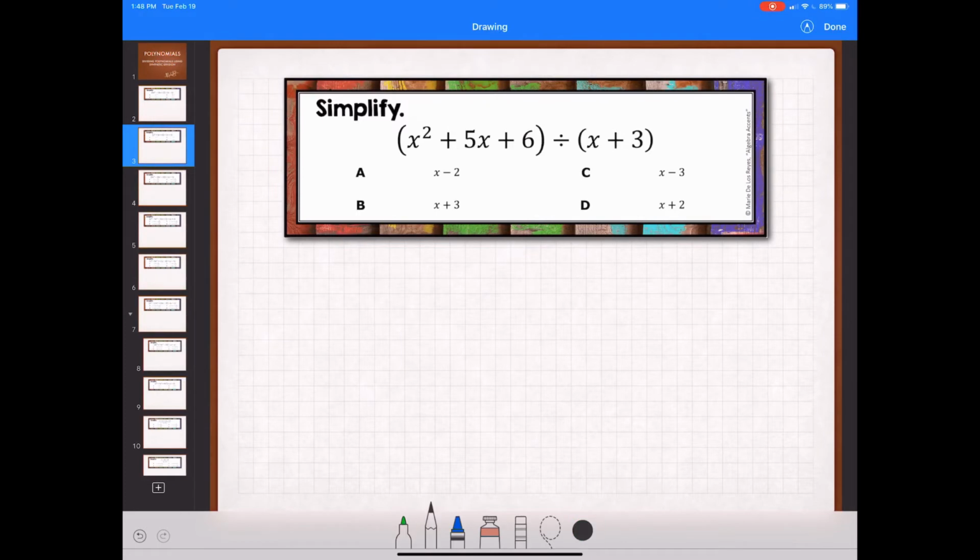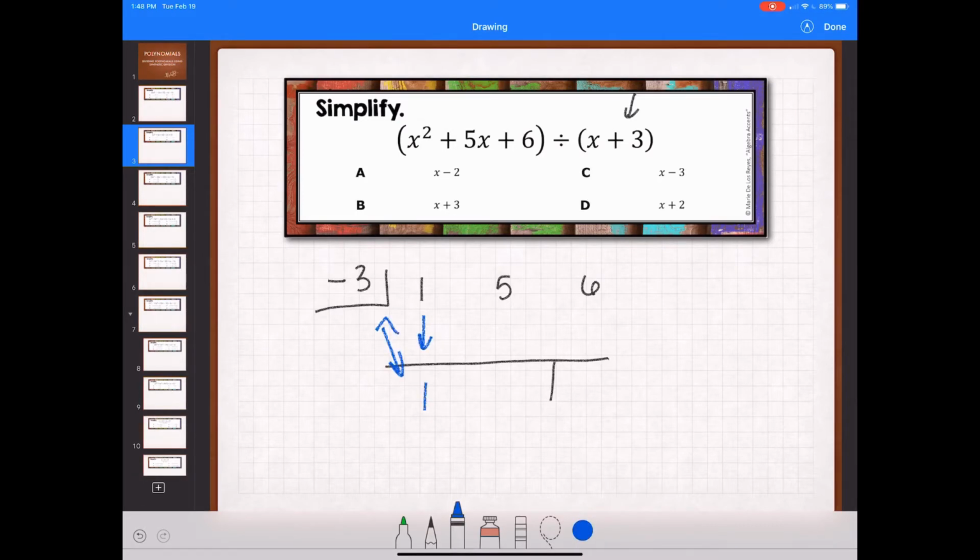Okay, let's set this one up. So the coefficients are 1, 5, and 6. We are dividing by positive 3, so we're going to use the opposite, which is negative 3. Draw a line, make the bar. First number, bring down,